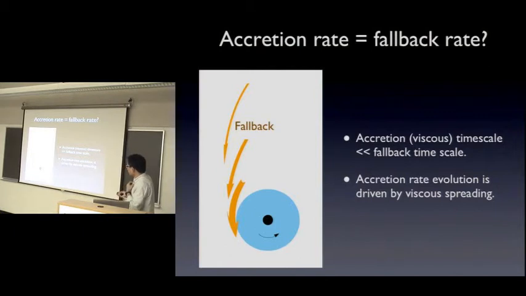But if you think carefully about how the accretion can be kept going, it is due to viscous spreading of the material, which means most of the material will go in, but a small fraction of material has to go out to carry away the angular momentum shed by the material that goes in. So this process is a viscous spreading of a ring of mass. Since the accretion is driven by the viscous spreading, we should really look at how the accretion rate is determined by the viscous spreading of a disk.